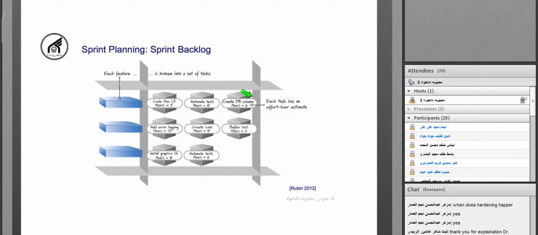We create the sprint backlog to be assured that we have enough time for doing all these tasks in a sprint. We need to finish our sprint in less than 1 month. So we need to know all the tasks and the estimation time, and be assured that we have enough time to do all these tasks. And second, this is like a plan. The sprint backlog is like a more detailed plan for what we should do to complete